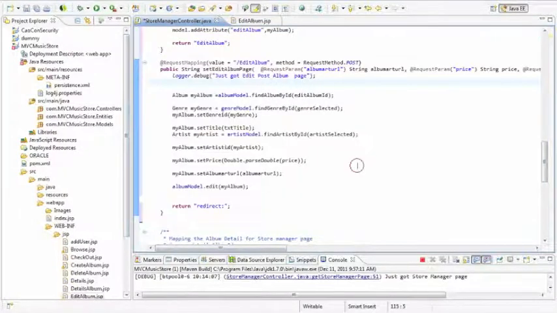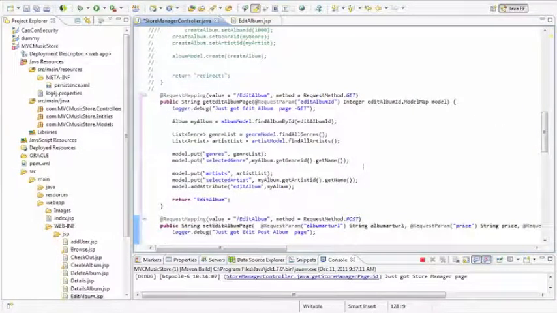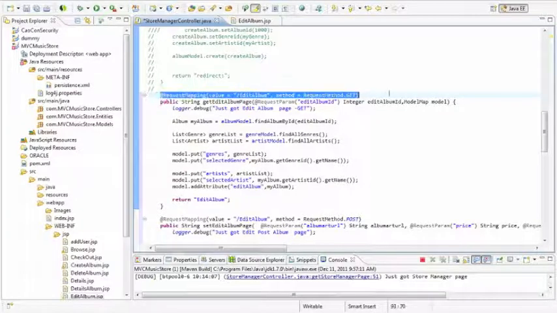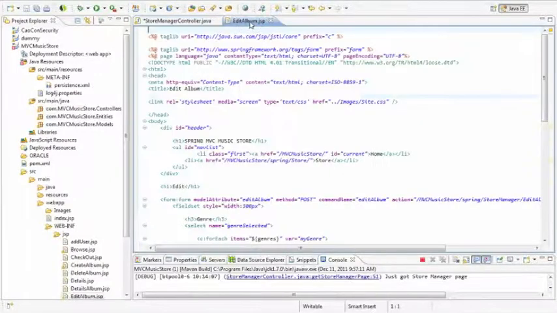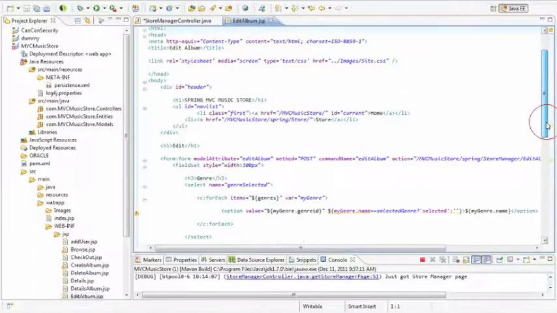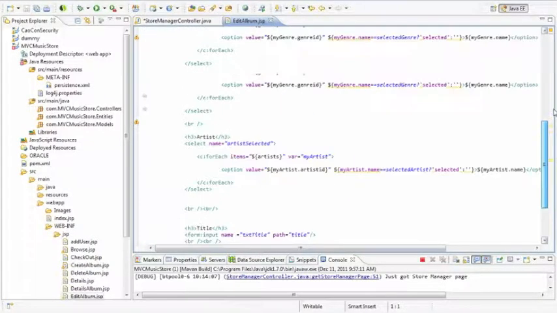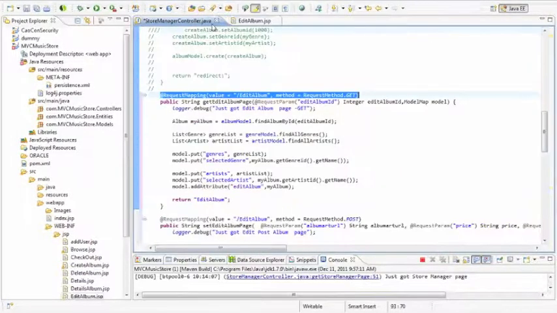Alright, here we go. I talk about the get first. Here we have request mapping, right? We map to edit album, and this is the view we want. We should work with the view. I will show you later. First of all,